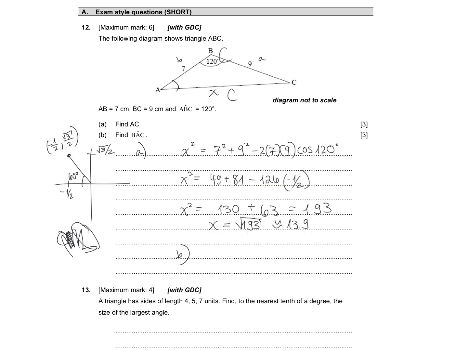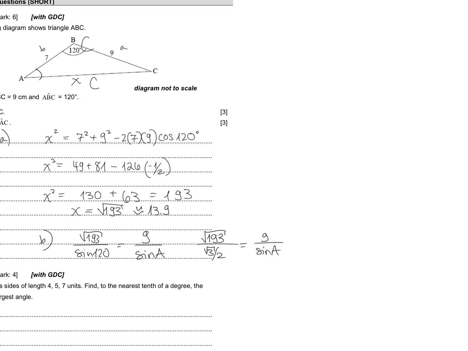we can use sine rule now because we have square root 193 over sine 120 equals 9 over sine A. Usually they give you nicer numbers, but sine 120 is √3 over 2, and we have 9 over sine A. So, yeah, we can cross multiply. √193 sine A equals 9 √3 over 2. And when we divide by √193,